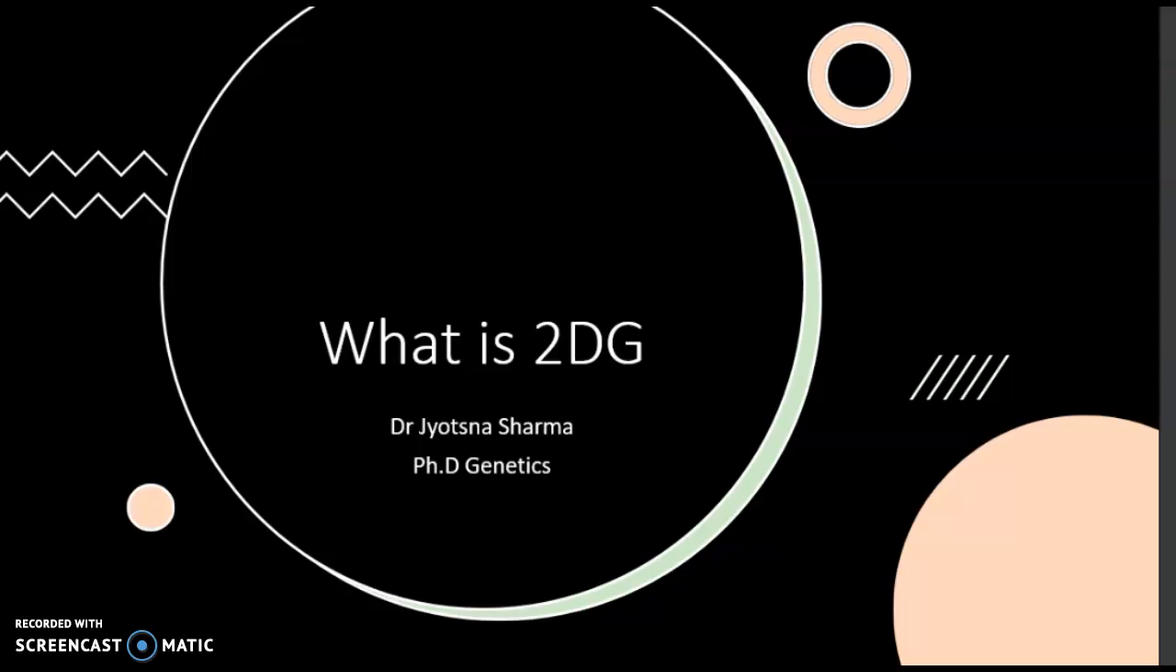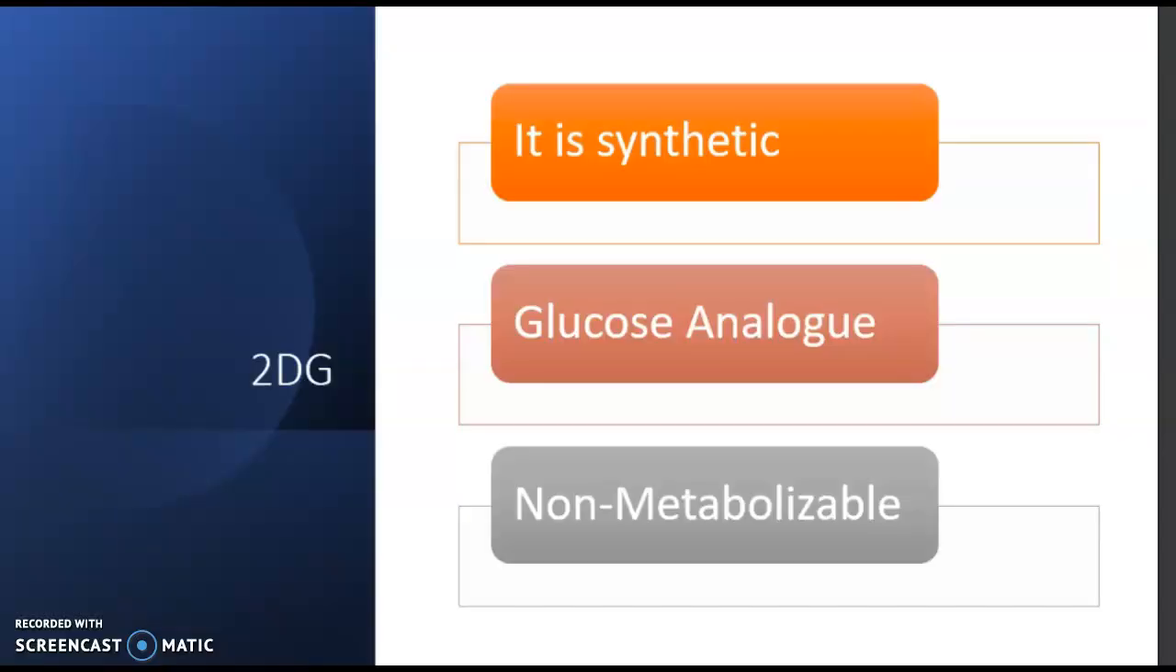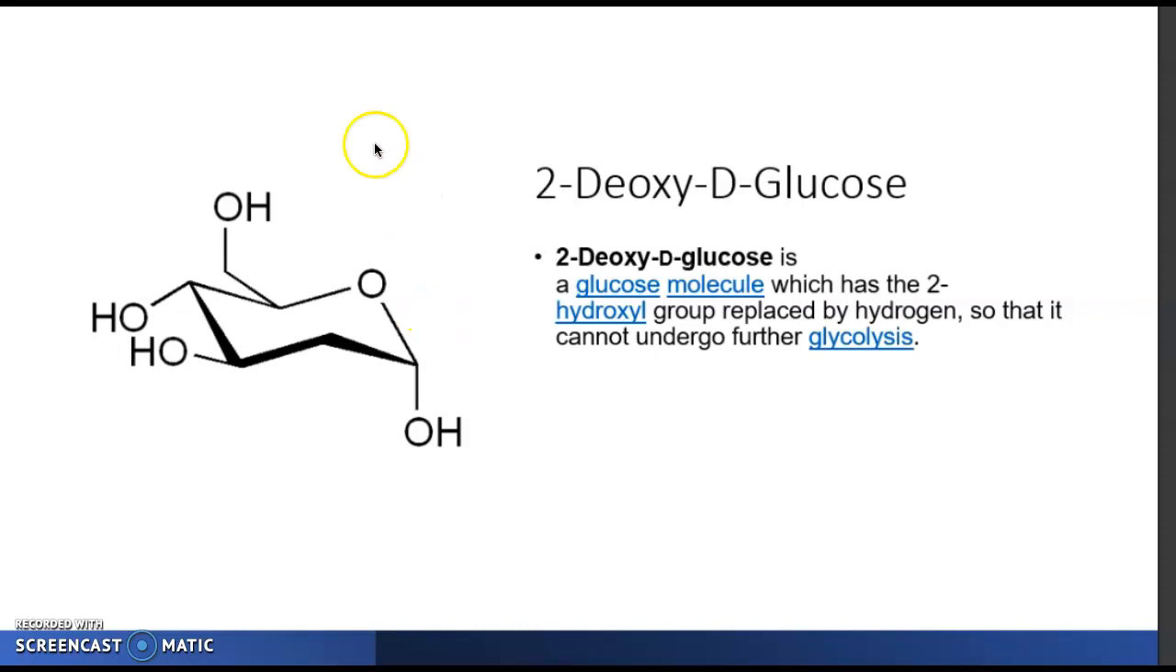In that distress period, DRDO gave us a ray of hope, that is 2DG. 2DG is a synthetic glucose analog, and above all, it's non-metabolizable. That's why DRDO and their nuclear medicine scientists thought that it can be used to treat COVID-19 patients. Its chemical name is 2-deoxy-D-glucose. Why is it called 2-deoxy-D-glucose? Because it's a glucose molecule in which a hydroxyl group at position two is replaced by hydrogen, so that it cannot undergo further